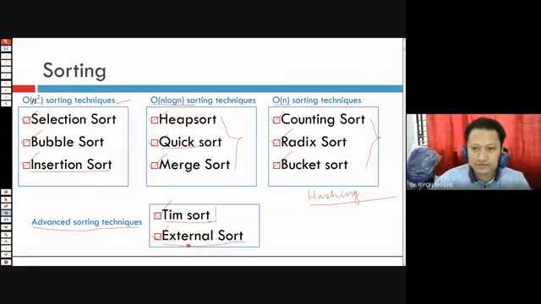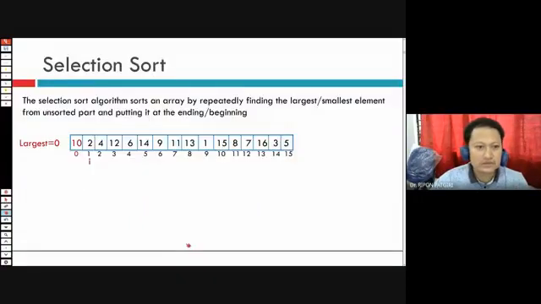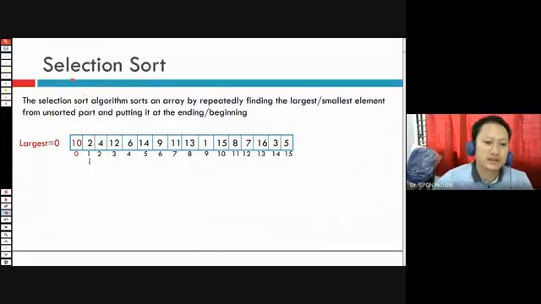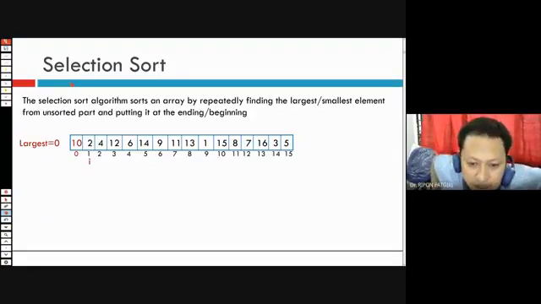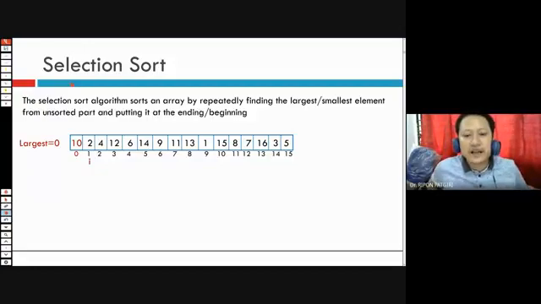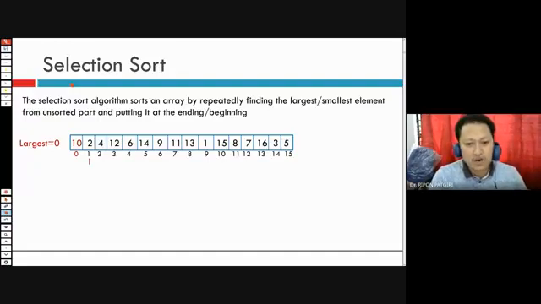Now, selection sort. What is selection sort? Let me ask one question. You have a set of elephants standing in a row, and you would like to sort these elephants, or buffaloes or cows.